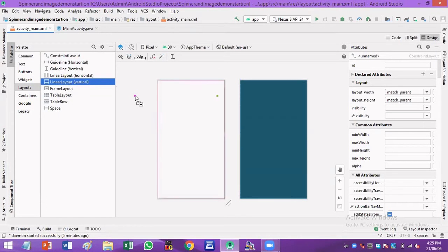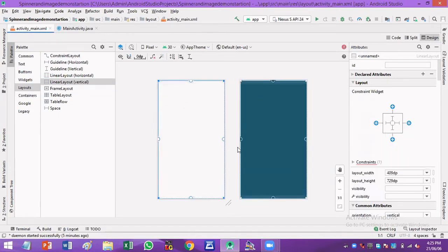Just drag this layout and place it in your user interface and fix up the location for this layout. So above the constraint layout, you are placing the linear layout. When you use linear layout, the items that you are going to place in this window will be arranged vertically. I'll be demonstrating that also.